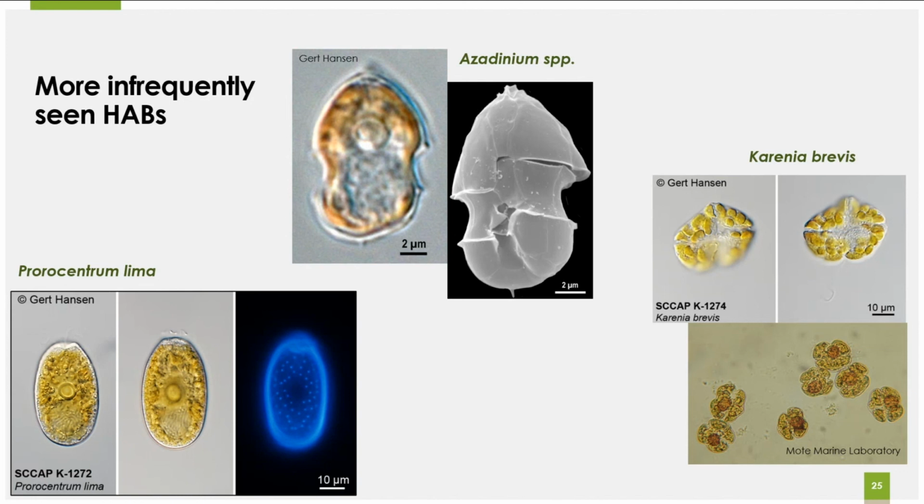Two species that hopefully we will never see here, but we do monitor for because it's required by the guidelines that we follow for our program, our FDA guidelines. We monitor for Alexandrium species, which again we haven't seen, and it's very distinguished by this. The cingulum is very wide. I think it's probably the biggest distinguishing factor, and it looks kind of like a capsule, and they're very small. You can see this is 2